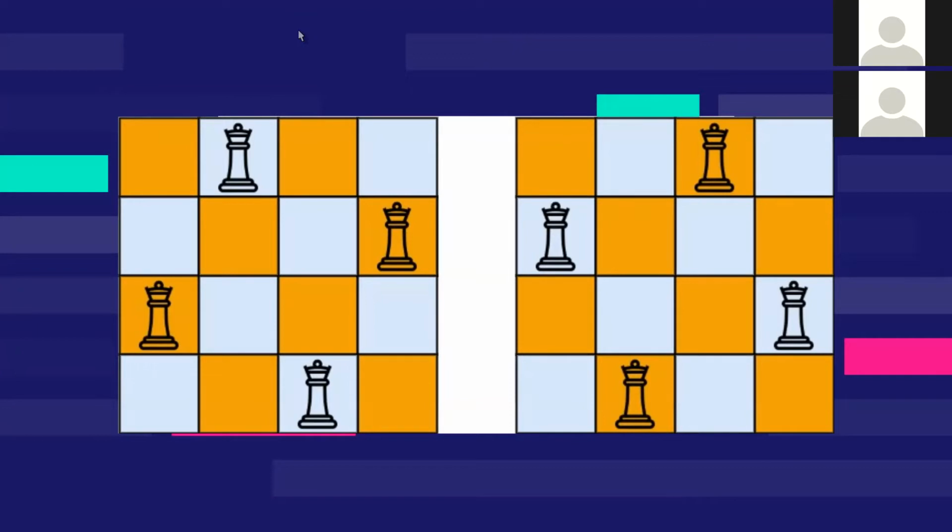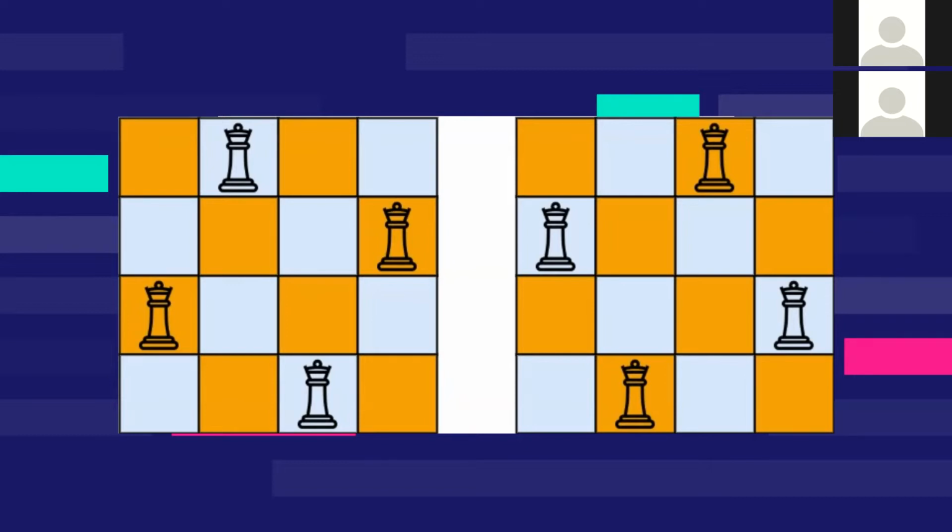the most important condition here is these queens have to be in non-attacking positions. That is, no two queens can threaten each other. All the queens have to be safe from each other, and they have to be n queens on an n cross n chessboard. So that is the challenge. For a 4 by 4 chessboard, there are two solutions, and both are shown here. We'll explore how we can come up with these configurations.